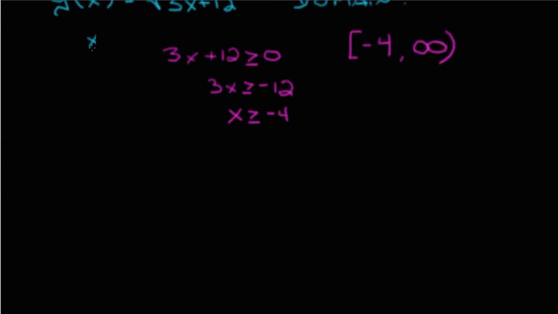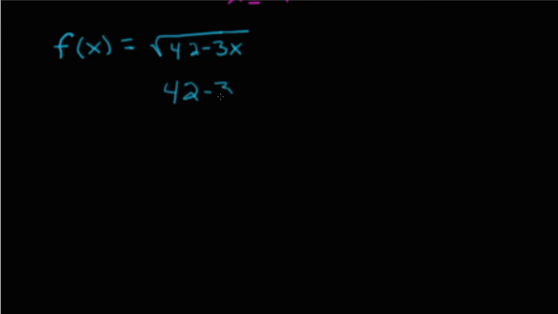All right, so the next problem, scroll down here, is we're being asked to find the domain of f of x equals the square root of 42 minus 3x. And we're going to have the same restriction here on what our function can end up being. It's got to be greater than or equal to 0. So this 42 minus 3x has to be greater than or equal to 0,